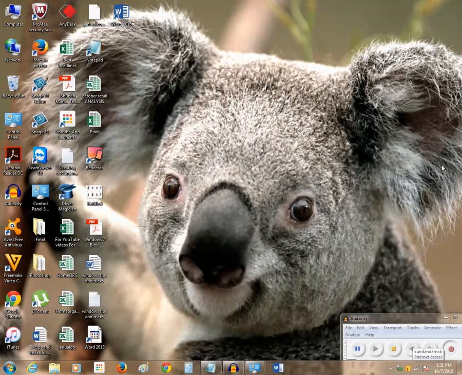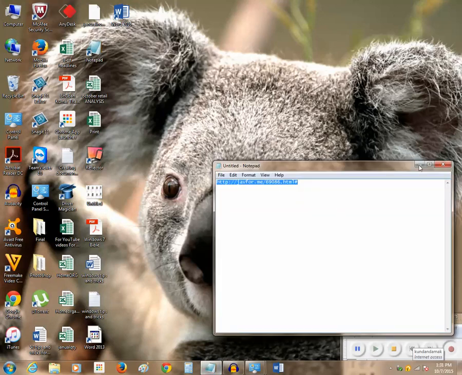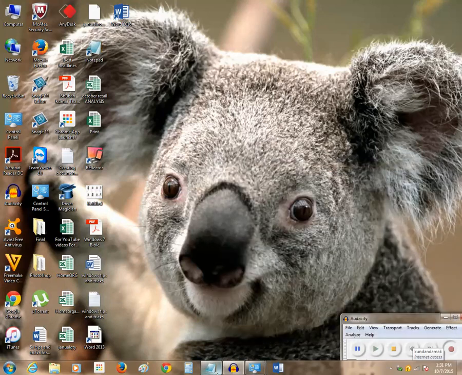Tip number 30, how to open another instance of a program pinned to the taskbar. Suppose I have one Notepad open here, and I want to open another Notepad. What I can do is